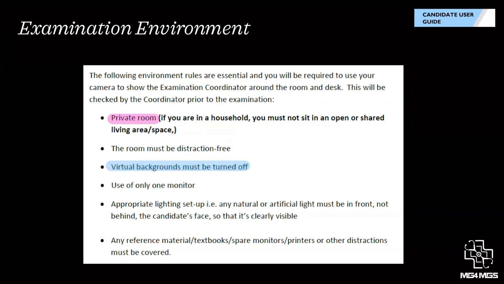One point that I did want to bring up at the screen point was you are able to use only one monitor. This has been a point of confusion for many people who have laptops with a screen smaller than 14 inches, and now they want to connect it to an external screen. However,